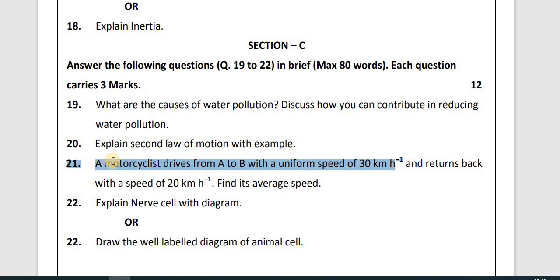Find its average speed. Here, the motorcyclist drives from A to B with a uniform speed of 30 kilometers per hour, and then it returns. But now the speed becomes 20 kilometers per hour. So in this condition we have to find the average speed. As we know the formula of average speed,